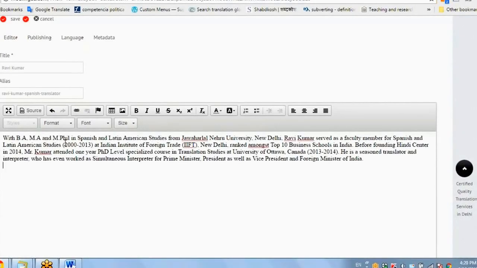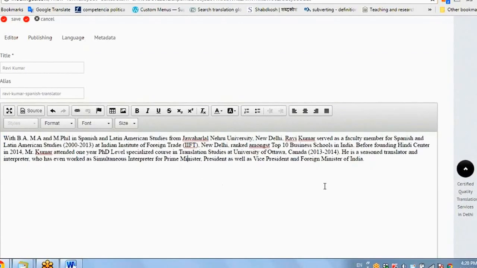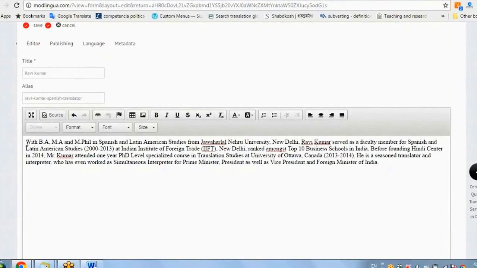You know, there is a command: Control C and Control V is the command for copy pasting. Or you can simply write whatever you want here. Once you have written this, suppose you wanted to insert a photo,